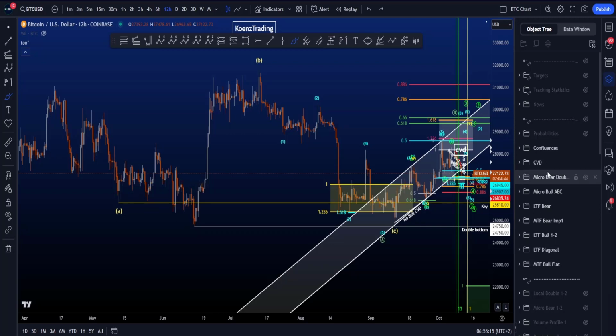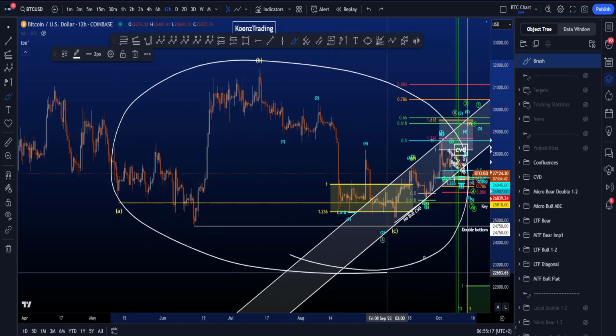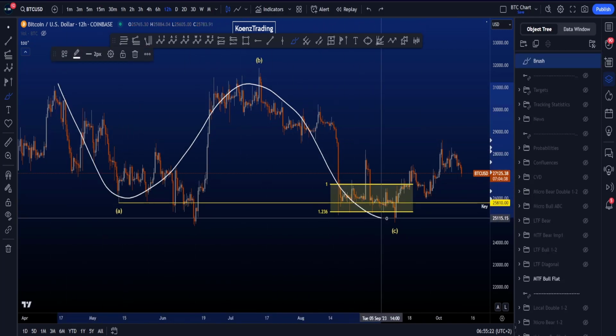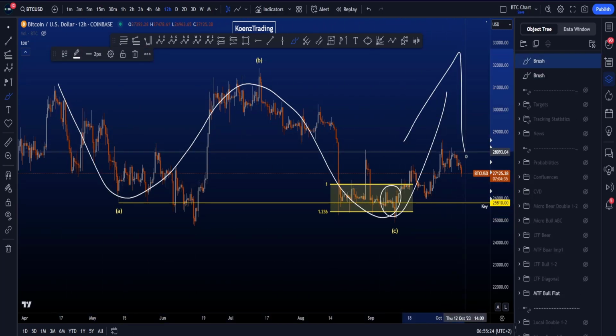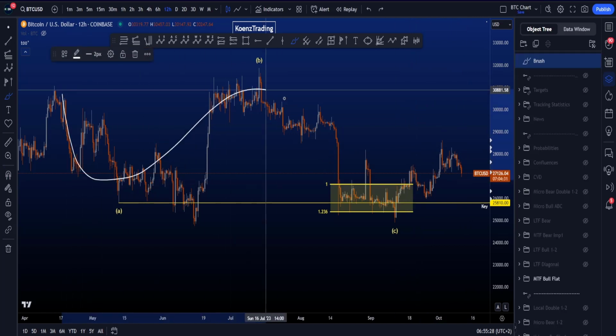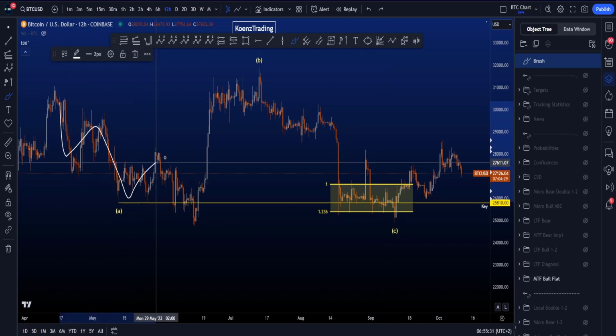Hi everyone, let's go over my bullish and bearish Elliott Wave scenarios on Bitcoin, starting with the medium time frame bullish scenario, where we are looking at a corrective structure that is already finished and we are looking for new highs to come. In this particular scenario, this 3-wave corrective structure is a regular flat in a 3-wave A, 3-wave